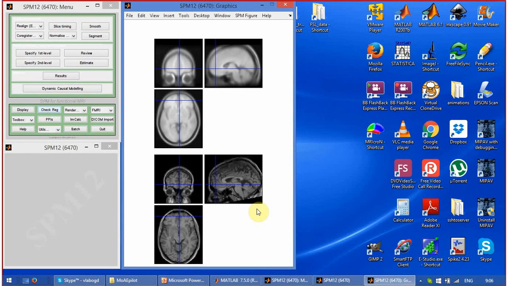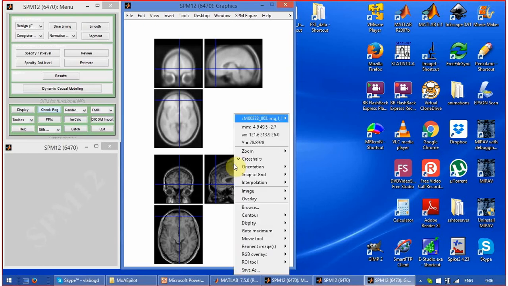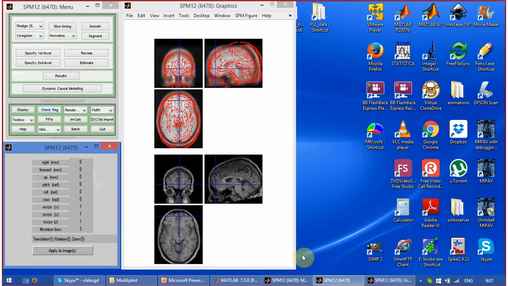I hope that you can see those two images in the same graphical window, and we run the reorientation of the bottom image, because we want to reorient our anatomical image to better align it with the top canonical average structural image. So we click on current image to reorient it,